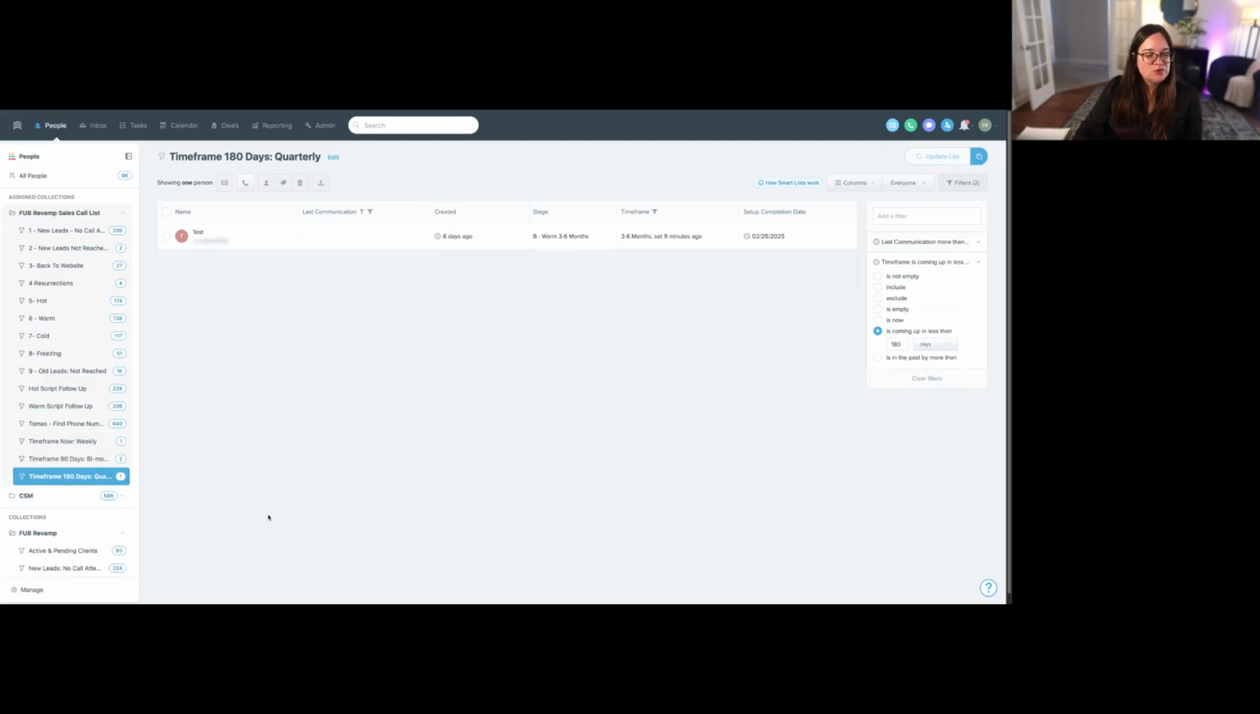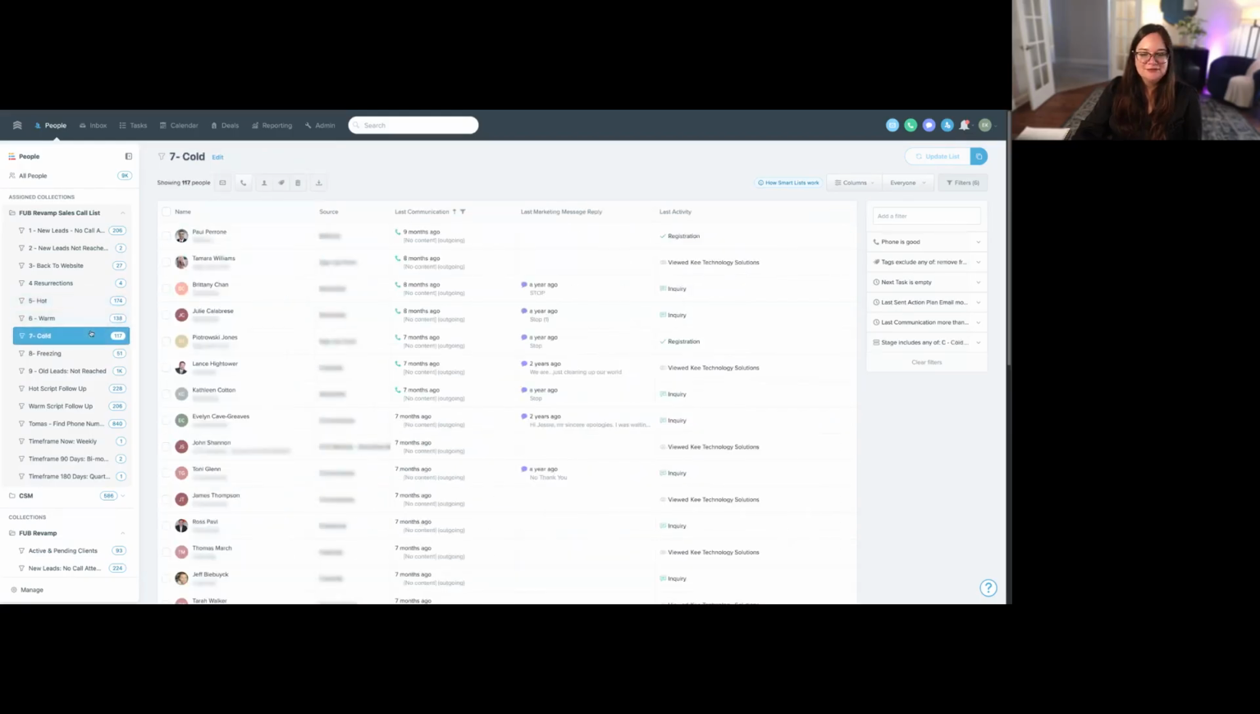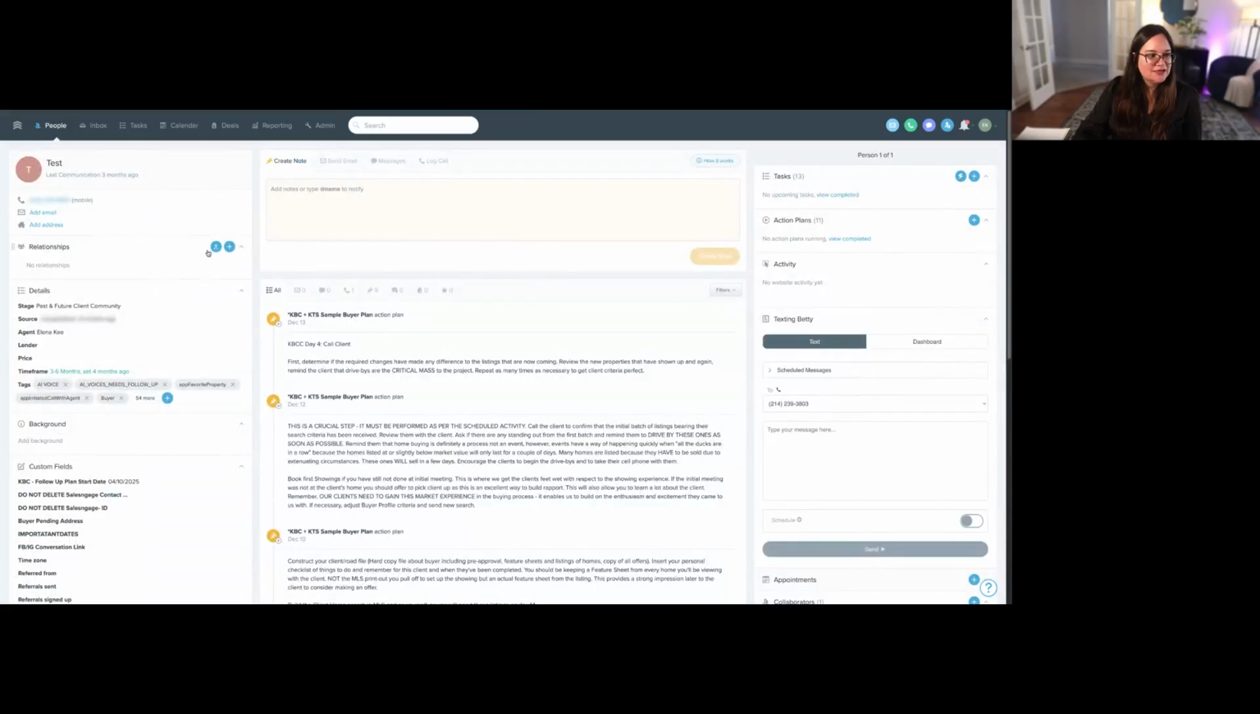Now, do I recommend completely ditching the smart lists you've created based on your stages that are time frames, hot, warm, or cold? Absolutely not. Why? Because the time frame here can be missed all of the time. You can change the stage and a lead has to be assigned a stage, but a lead does not have to be assigned a time frame. And so it can be empty